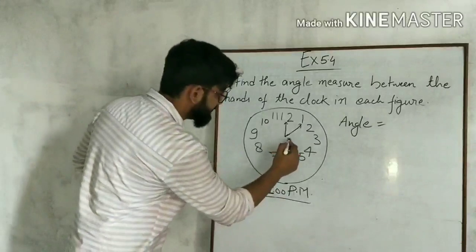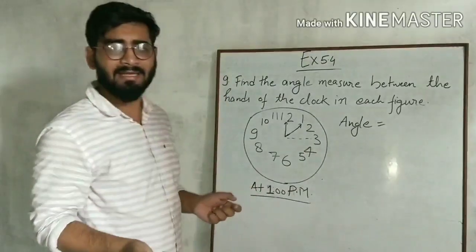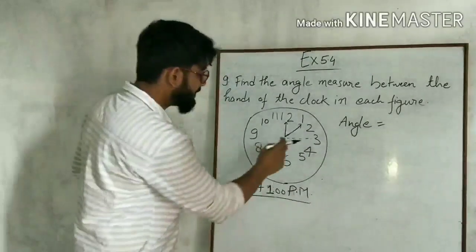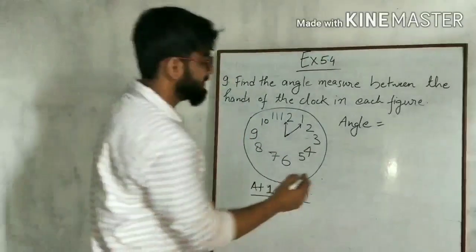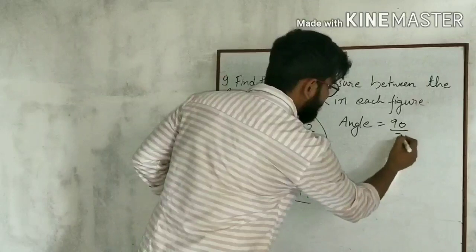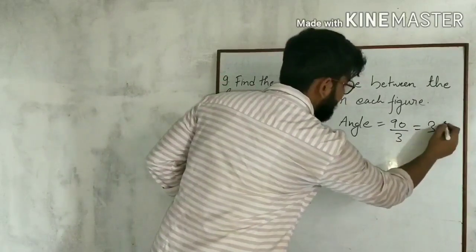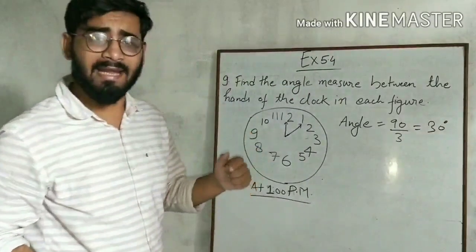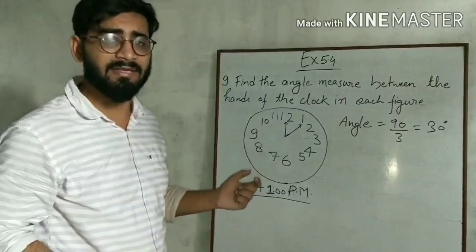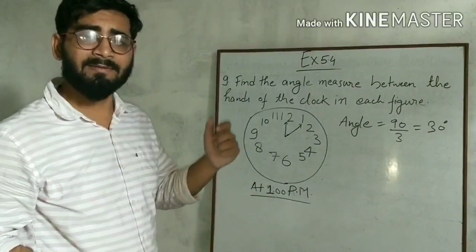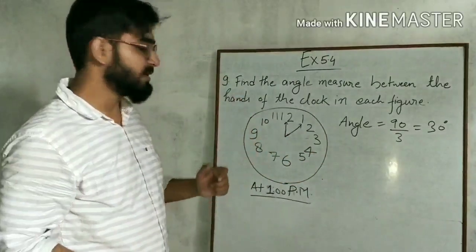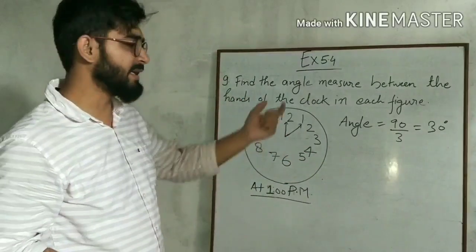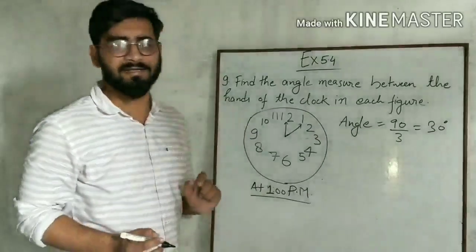Suppose if it is like this, at 3 PM, what will be the angle? 90 degree. Now, but it is at a distance of 1 only. Okay, so it will be 90 by 3. So what will be the angle? 30 degree. Since we get an angle 90 degree at a distance of 3, so at a distance of 1, what will be the angle? 90 by 3, that is 30 degree. Okay. You can also measure it with protractor, then also it will come out to be 30 degree.